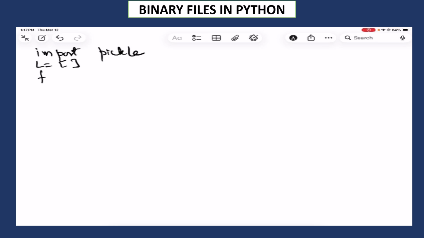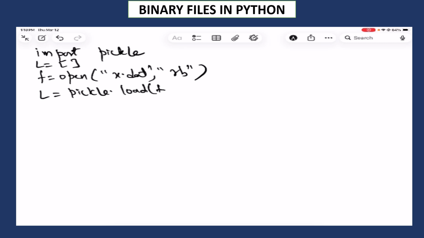I write F equals open, say my file name is x.dat, whatever is given in the question, and I'm going to read it, and then what am I going to do? L equals pickle.load(F). Now see, in this L I have a nested list,